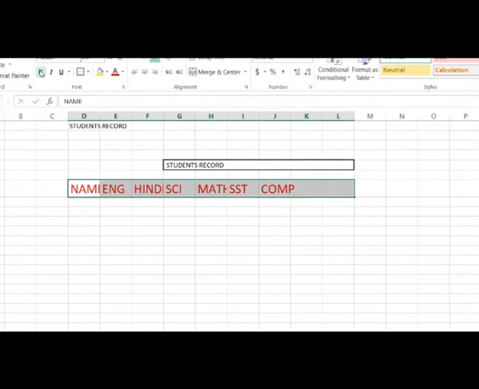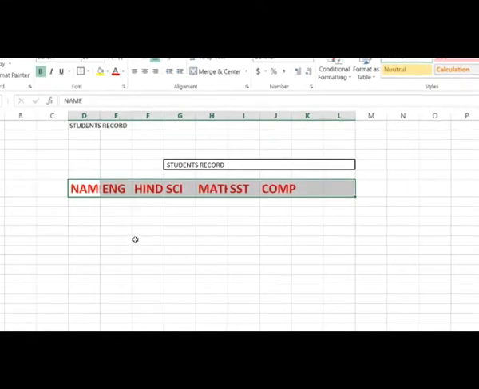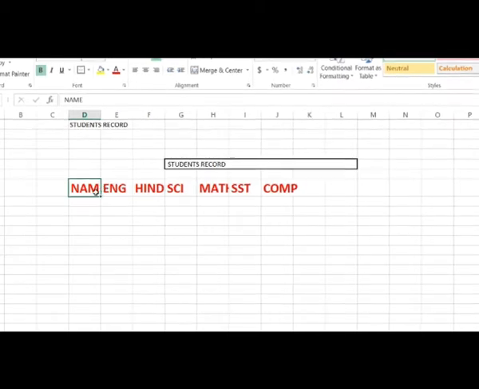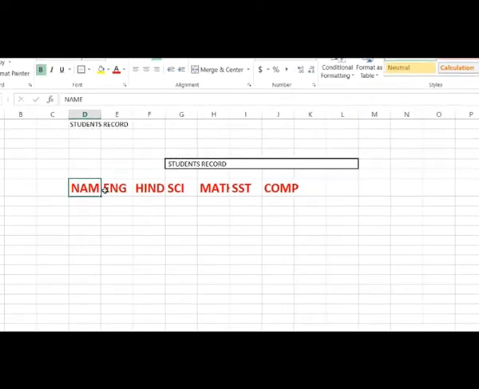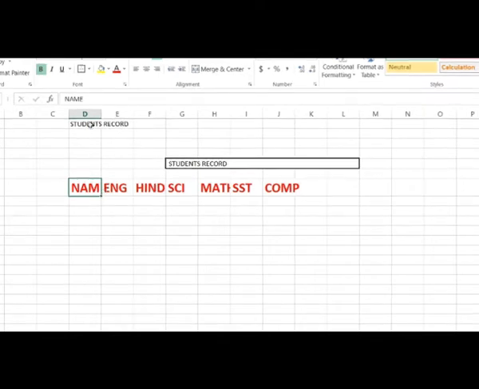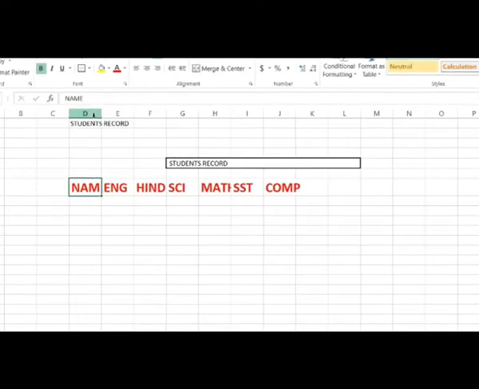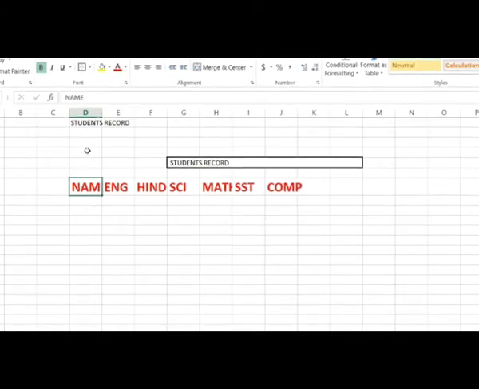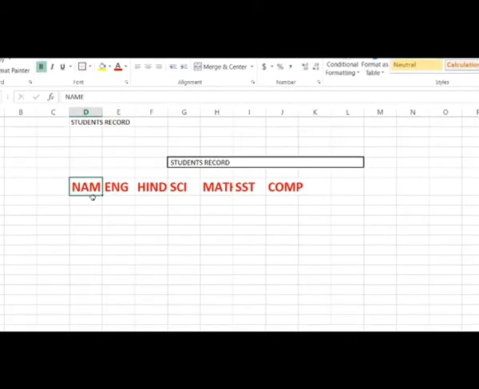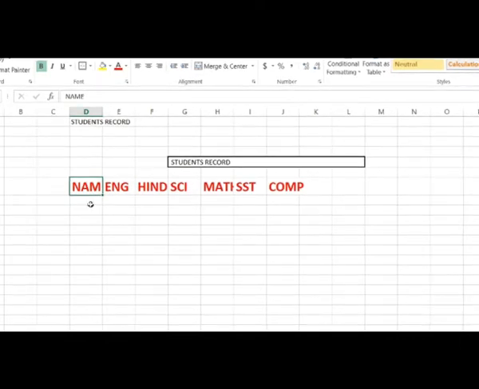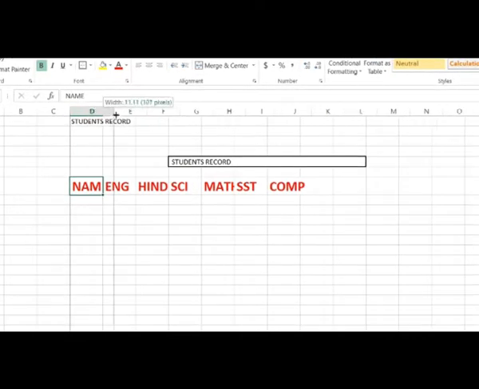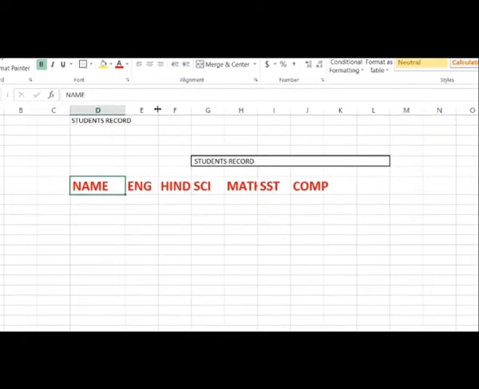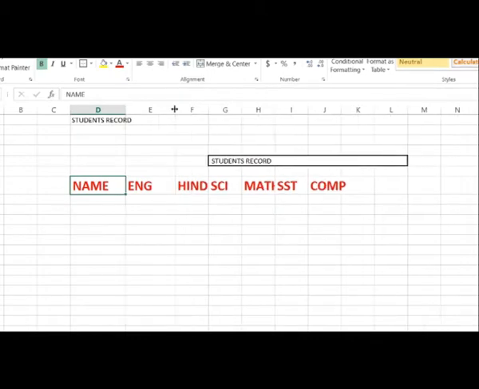You can apply bold effects, underline effects, but as I've changed the size and color, can you see, children, some part of that word is getting hidden? So to bring it back and make it visible, you bring your cursor to the column heading of the column that you want to stretch, that means you want to increase the column size. You will see a double headed arrow here. Just increase it.